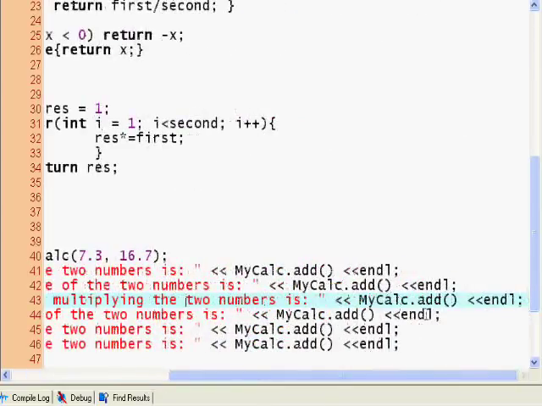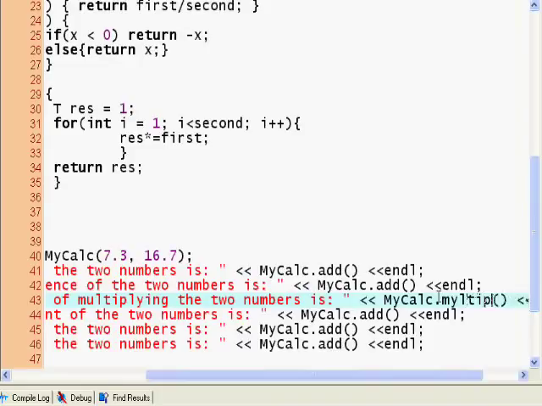So here we have my calc multiply, multiply. Here we had my calc subtract, divide, power,